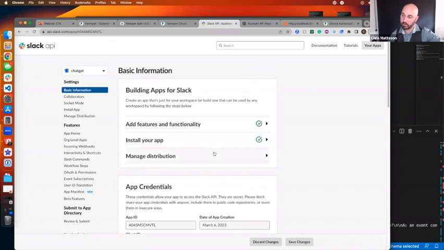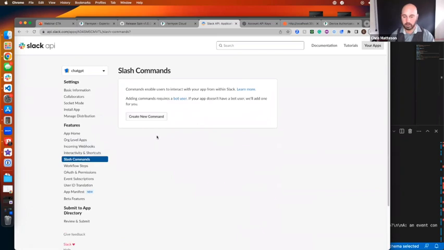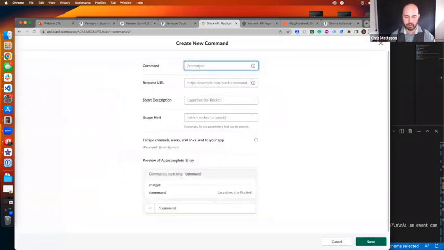If you scroll down here, there is the verification token that's shown here. I'm not scrolling down because, again, I don't want to expose that, but you can go and make sure you grab that verification token because that's the Slack token we need. Then we're going to configure our slash commands. So create a new command,